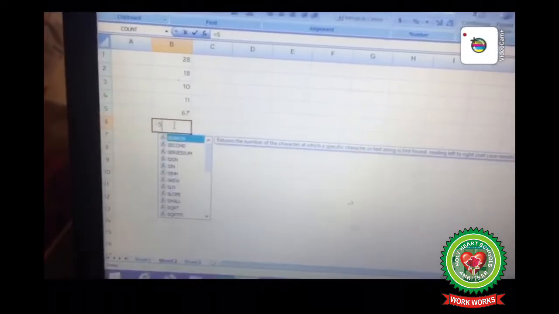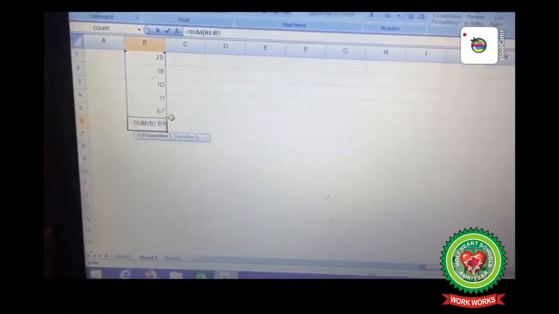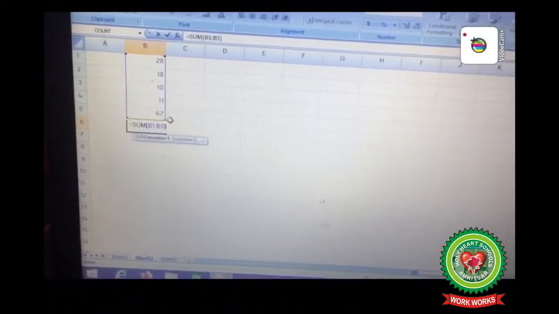So to get the result, we have to put equals to first, then SUM, and then the range of the cells whose values we want to calculate, that is from B1, where B will be the column name and 1 will be the row number, similarly B5. Then press Enter and we will get the result here.